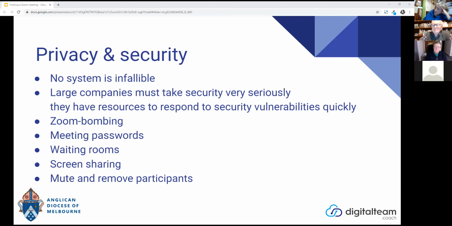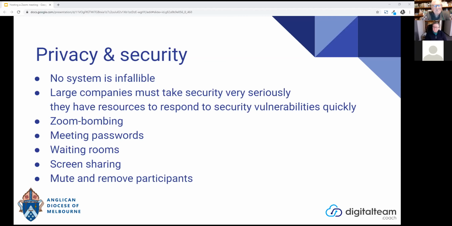Then they were jumping on these calls and being complete idiots. They were taking over the audio. They were saying things that they shouldn't have said. They were turning on images and sharing their screen with pornographic images and other things like that. That's very distressing, especially if this is happening to young people, or if people were paying lots of money to join webinars on Zoom. It has a very big impact.